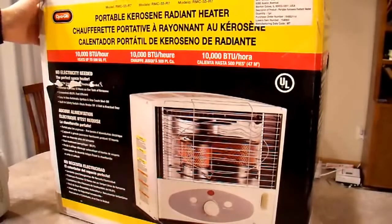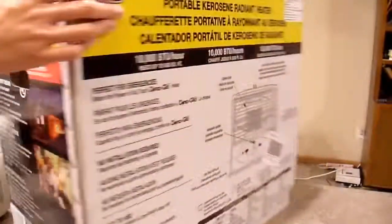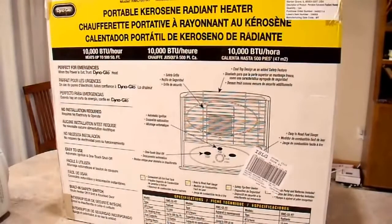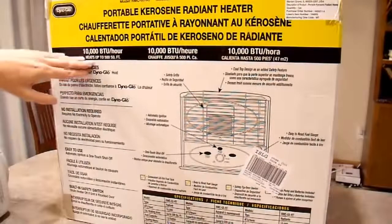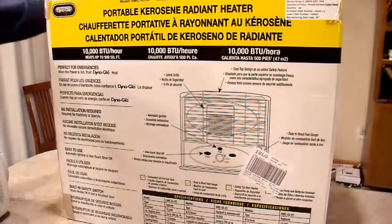To be honest, I bought this particular one because it was very inexpensive. I did not buy it because it was quality. We'll find out if that was a mistake or not. Turn the box around. And they say the fuel capacity is 1 gallon, which makes sense. That means that it can run about 12 hours at 10,000 BTUs. So that's the specs that I